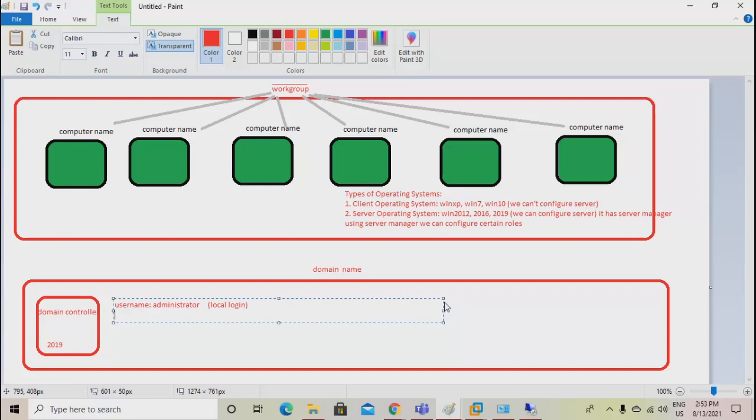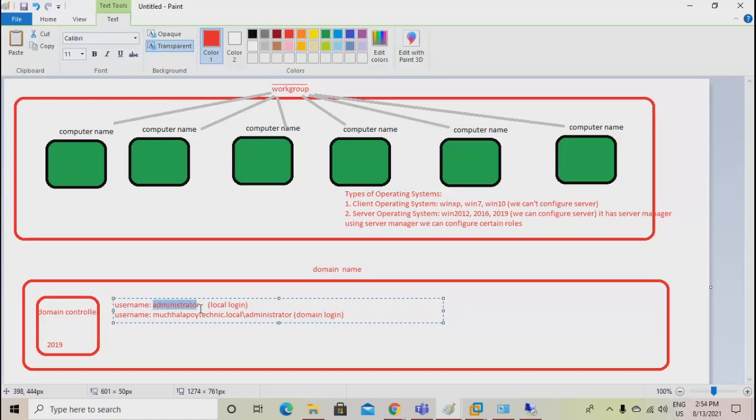And you can also use username, this will be the name of the domain, then the backslash, and then administrator. This is called domain login. Are you understanding the difference?